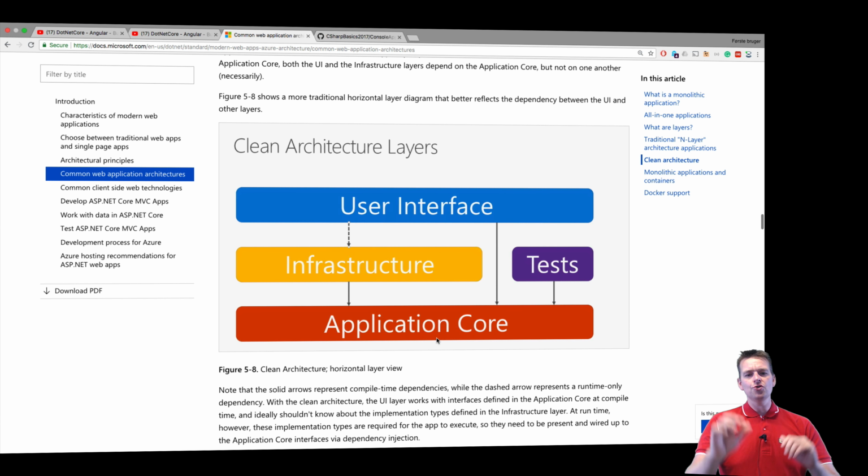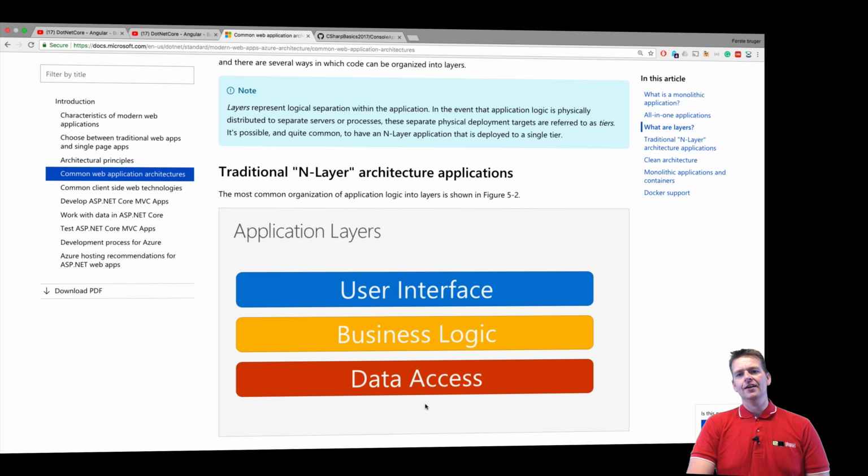So this is the new clean architecture, showing the same setup that we did with the three-layered architecture. Now, again, I know this might not make sense yet, but think of it this way: the core is at the bottom now. If we go back up here, notice the difference. In the old version, the data access layer was at the bottom, meaning that the data access layer was actually the lowest layer